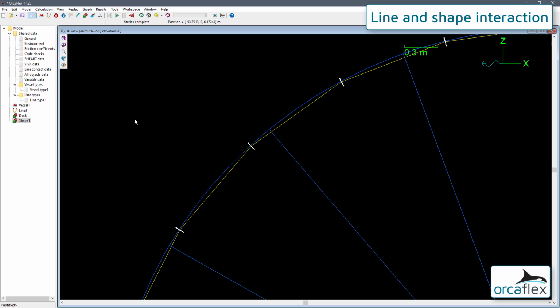For some analyses, small variations in the depth of penetration in a shape like this as a result of modifying the normal stiffness may have little effect on the results of interest. However, if in doubt, we would recommend performing a sensitivity study with varying stiffness values to ensure that this is the case.